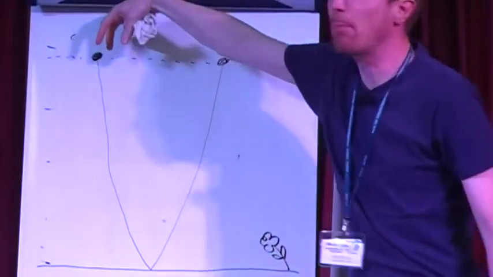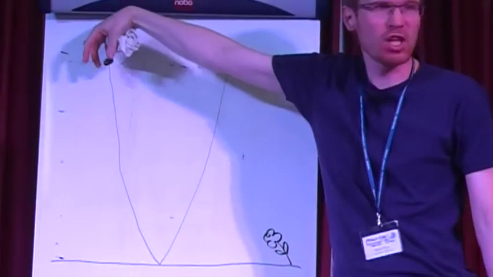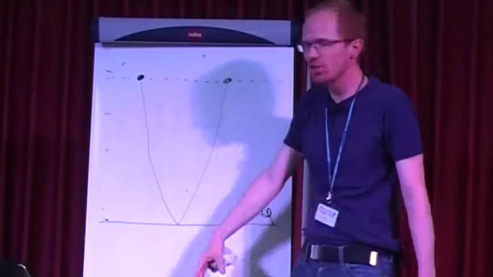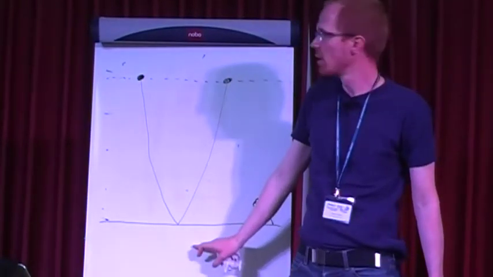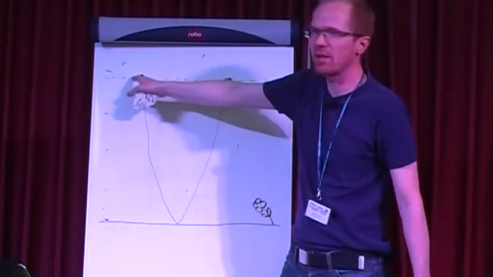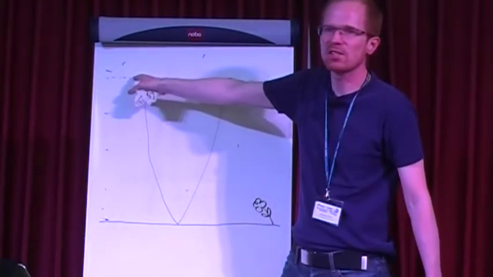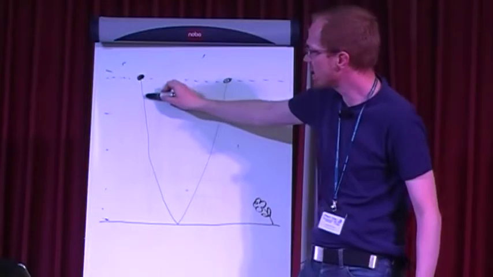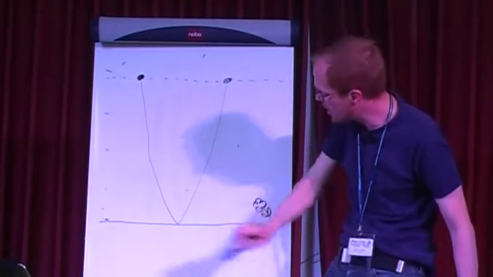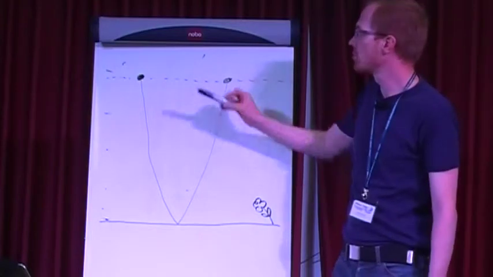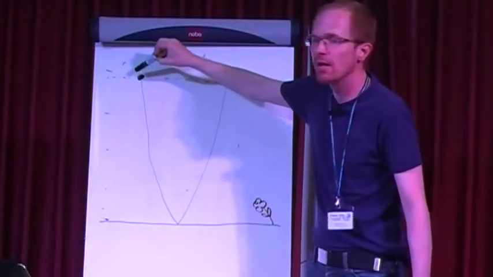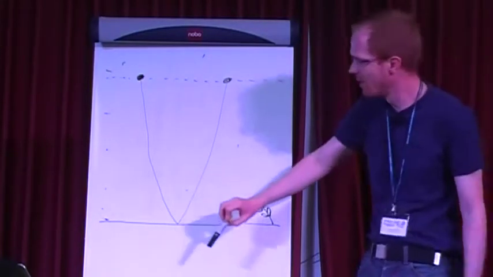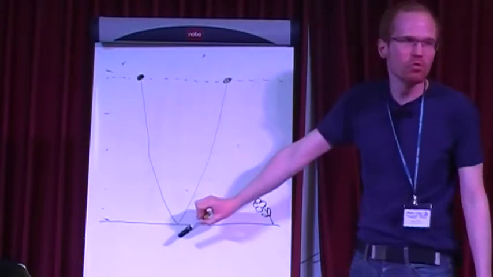So up here, because it is above ground, it has what we call potential energy. Because it has a potential energy to fall. It is being pulled down towards the ground because of gravity. And then as it falls, to begin with, it doesn't have a speed really. The split second we let it go, it doesn't have any movement. But then it starts to move, and then moves faster and faster until it reaches the ground. So all the potential energy it had up here gets turned into kinetic energy, which means an energy of movement.